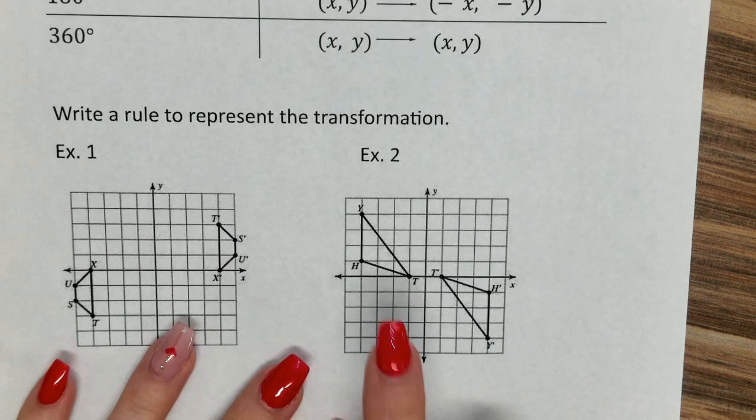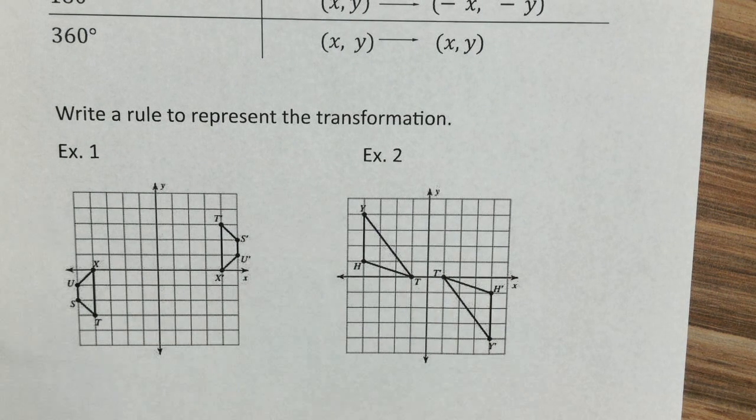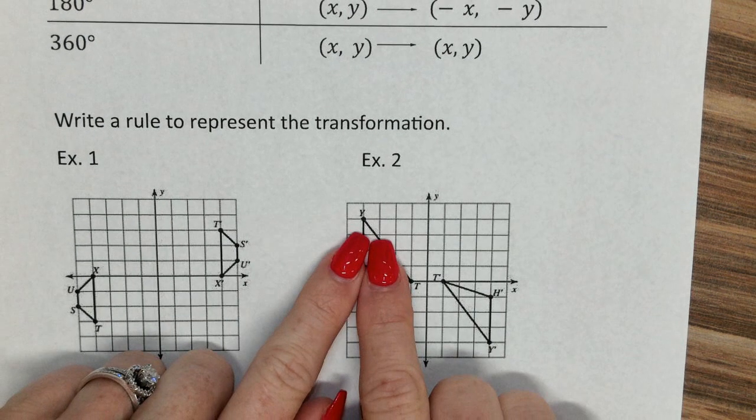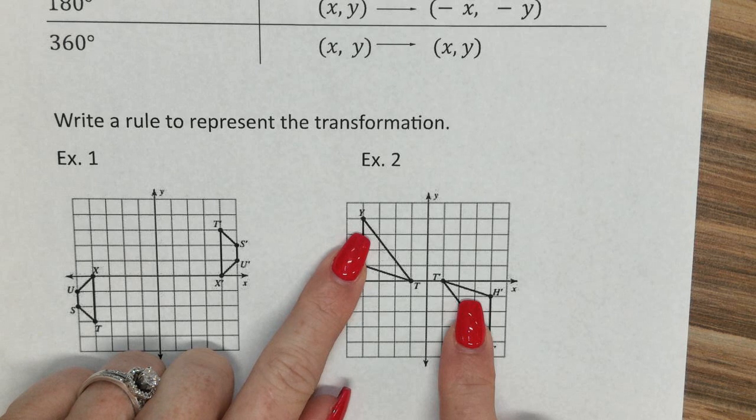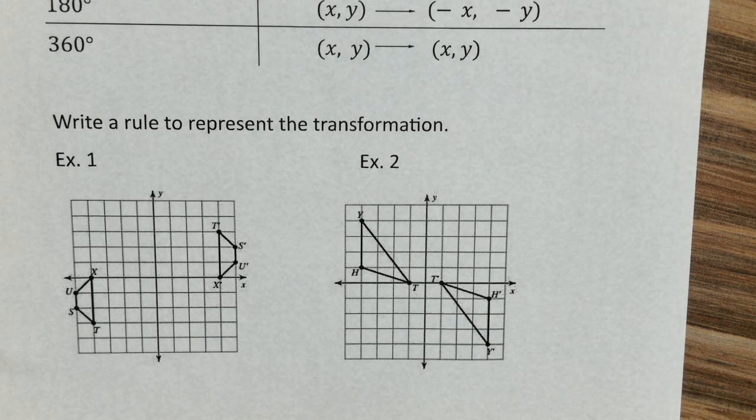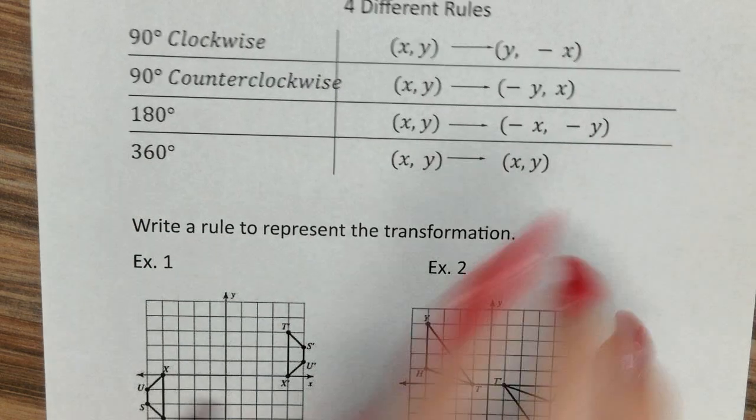And then whenever I made this example, I didn't realize I put the exact same problem. How many spots did it move to get from here to here? 2. So it's 180 again. So I didn't mean to put the exact same figure on there. So both of those are 180, so you would just write the rule for 180. But